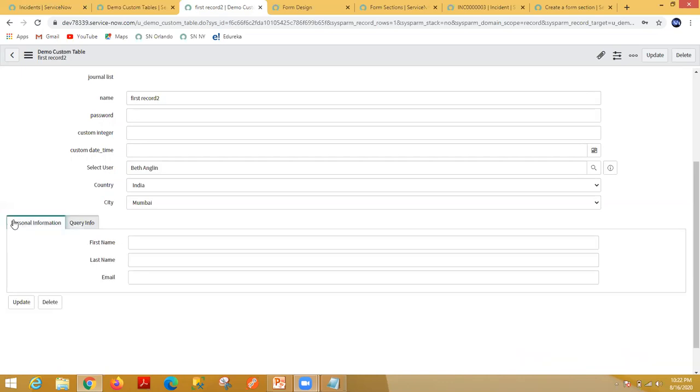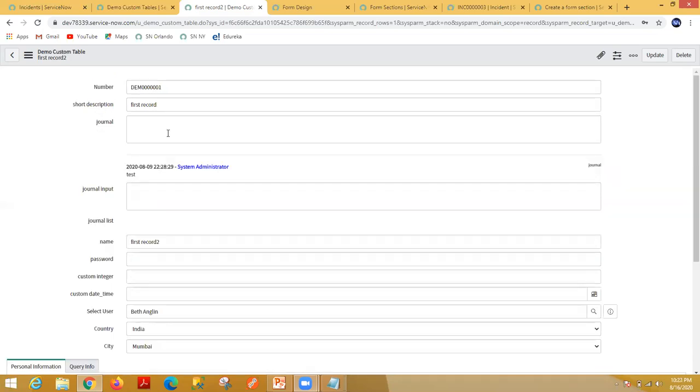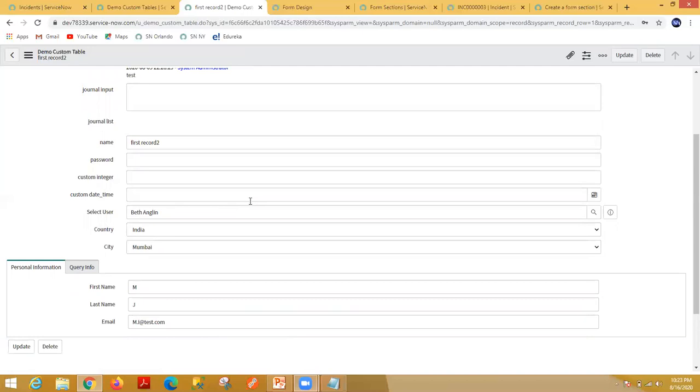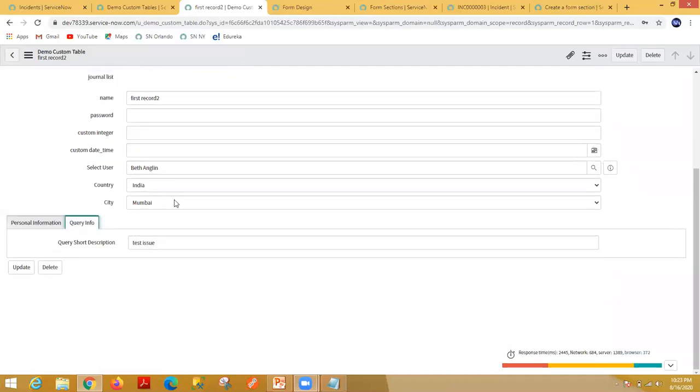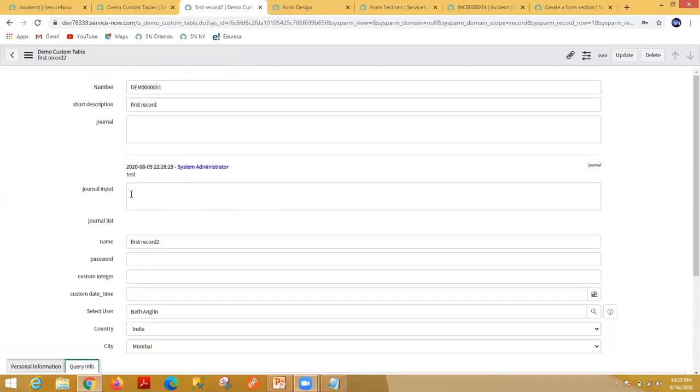If I want to give my personal information, I can give m, let's say j, and my email is, let's say, mj@test.com. Okay, and other details I can fill in here. Okay, let's say save this. So now you can see this detail available here. This is query. Okay, so this record got saved.